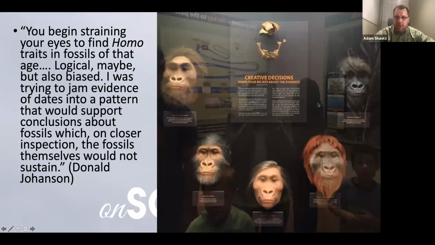And that's one reason I like this picture that I put here that I took from the Creation Museum. If you look real carefully, I think you can see that's Tutankhamun right there on the screen in the reflection. But if all you've got is that tiny little head, that skull right there, these are some of your many possibilities of what that skull could look like. And who's going to make that choice? If I'm making that choice and I want to prove that this is an ape man, a transitional form between man and monkey, well, then I'm going to make it look like a man monkey, right?